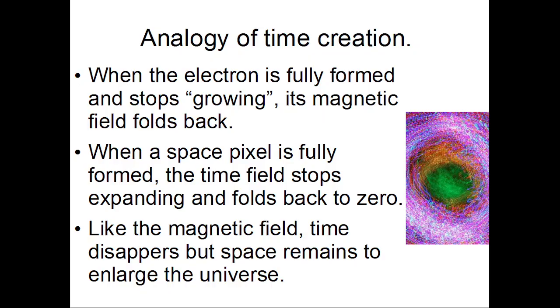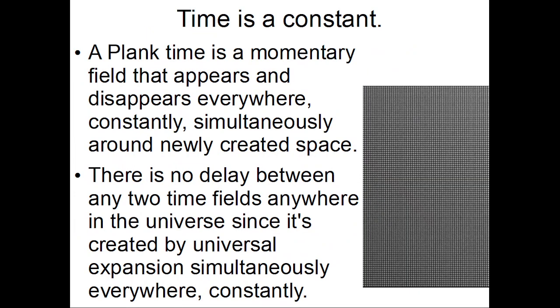Time will be created the same way. As a space pixel expands from nothing, a time field expands around it. When the space pixel stops expanding, the time field shrinks back to nothing and disappears. In other words, the time field disappears instantly, but the space pixel remains to enlarge the universe. So if you look at it this way, the Planck length is the diameter of a time field. In this definition, time is just a miniature field that appears and disappears everywhere, constantly, simultaneously, when new space is